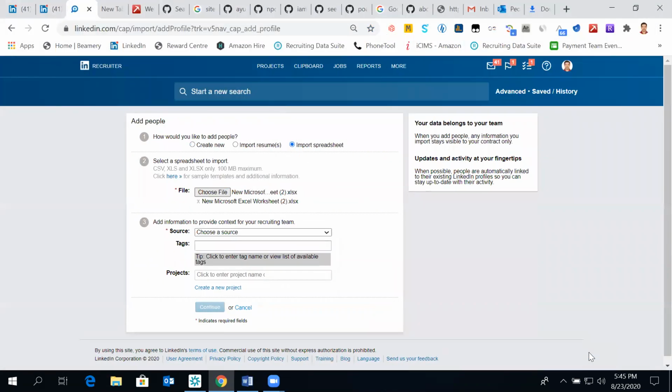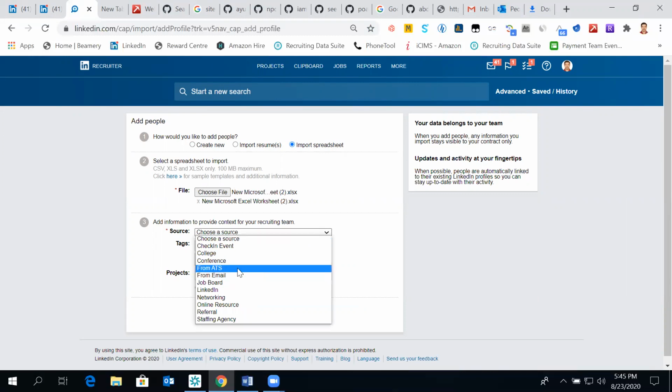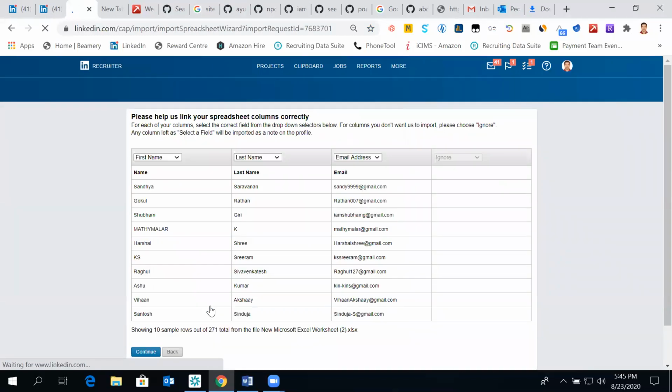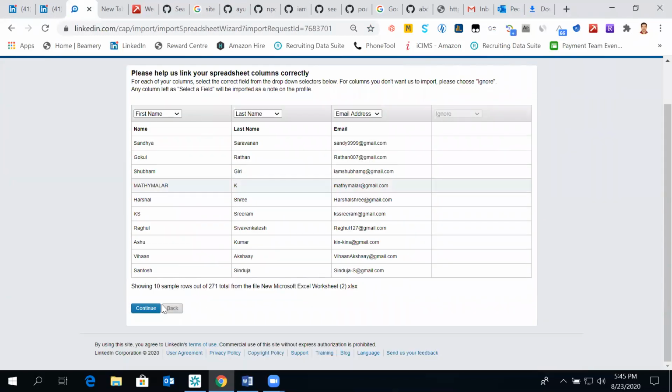This is the manipulated sheet. Even for a sheet which you have not manipulated, if you see, I always found at least 30 to 40% of people are not existing on LinkedIn. First name, last name, email addresses.